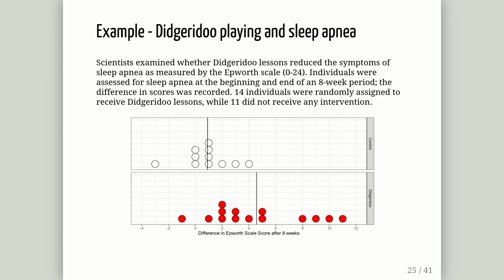After 8 weeks, the difference in their Epworth scale sleep apnea scores was recorded for each individual. So we have an initial measurement and a post measurement, but the data that we actually record is the difference between the two. What this means is our two groups are control here, that did not receive didgeridoo lessons,